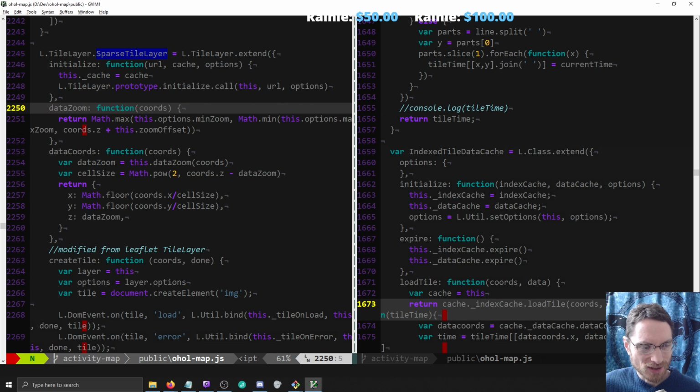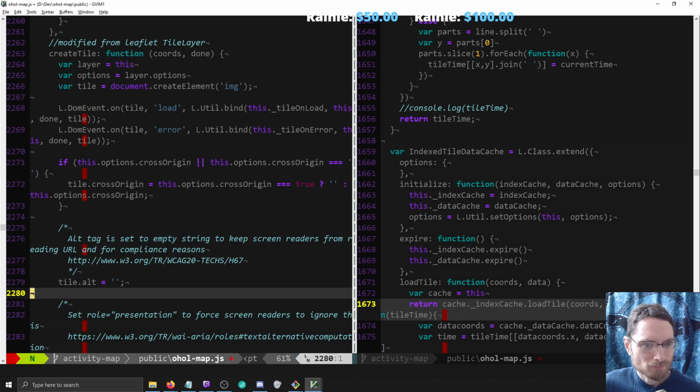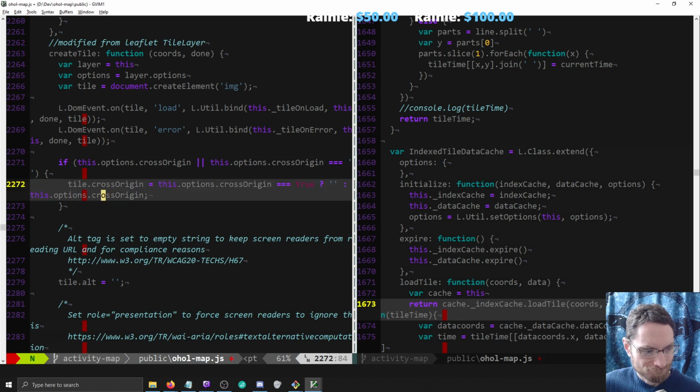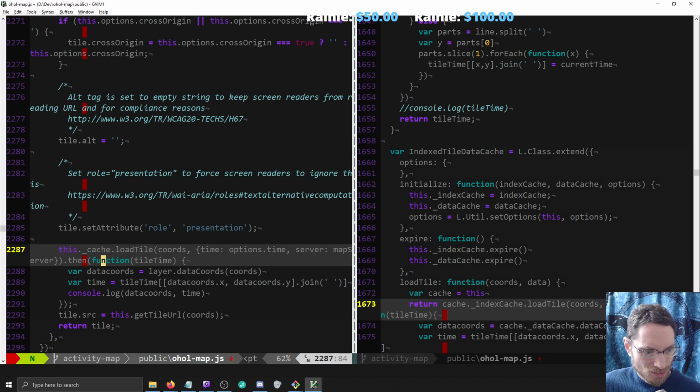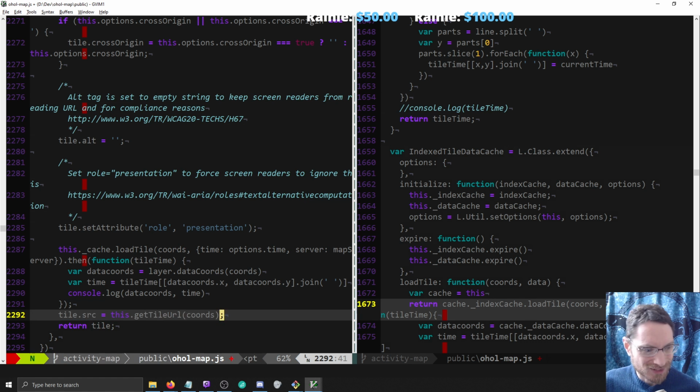Yep, you do not get that. Oh, so coords. And you see your getTileUrl, so if you modify coords, then it double applies the zoom offset,